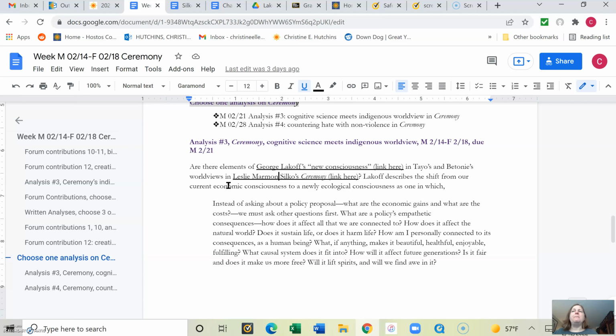So instead of asking about a policy proposal, this is a quote from Lakoff, what are the economic gains? So instead of just saying, what are the financial benefits of doing things this way, and what are the costs? What's it going to cost me and what's it going to gain me? Instead of just thinking financially, we must ask other questions first. What are a policy's empathetic consequences? In other words, the consequences in terms of empathy, how you feel for others. So what are a policy's empathetic consequences? How does it affect all that we are connected to? So instead of just thinking in terms of, I can make this money,